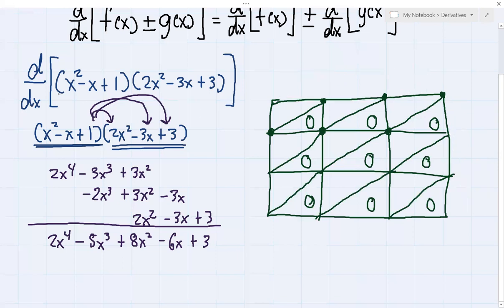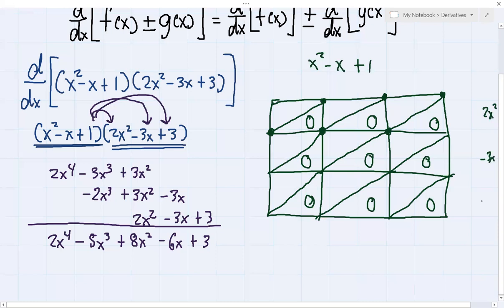For me, I will put x squared minus x plus 1 on top. So here, I have x squared minus x plus 1. Then on the side, I have 2x squared minus 3x plus